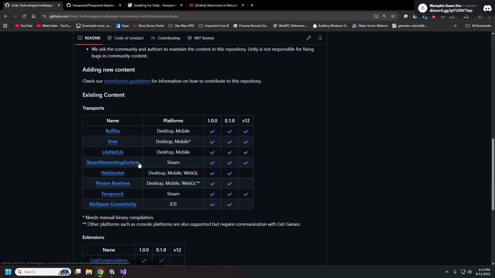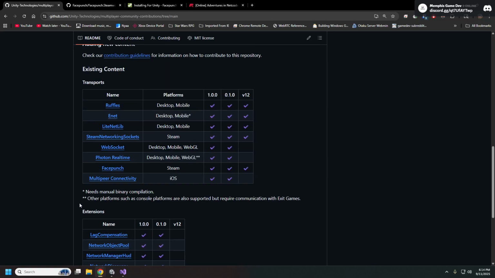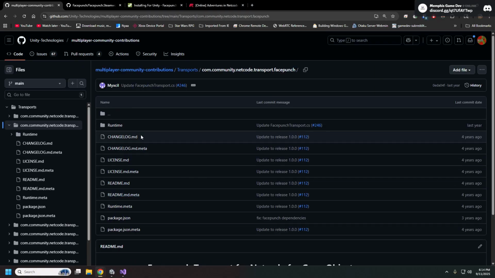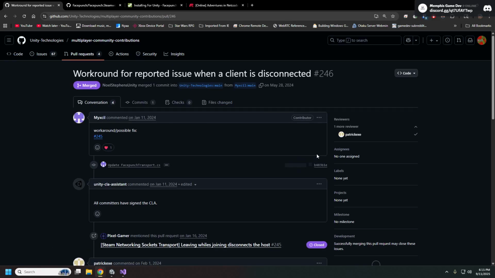But here's the Steamworks.net one, and the one for Facepunch is here as well. There's a couple other components here, like network discovery, network pool and stuff. Yeah, they are somewhat outdated. But the Facepunch transport, it's a couple years old, 4, I guess. It got updated last year. Not a whole lot actually has to change on these, so you're fine using them. I think the last thing this updated was